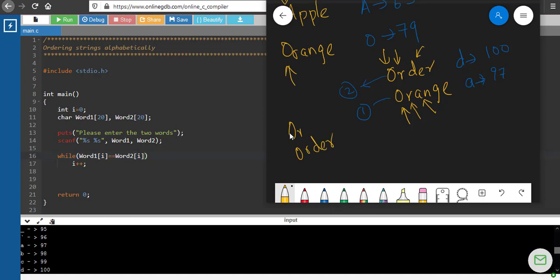Okay, so first, index 0 of these two strings are O, index 1 is R. Now here index 2 is backslash n. So you have to remember how it is defined: O is the first element, R is the second element, and the third element is backslash 0. For strings there will always be an additional element, backslash 0. So here, the element with index 2 is backslash 0, and the element with index 2 here is D. Okay, so this also means we have to stop here.